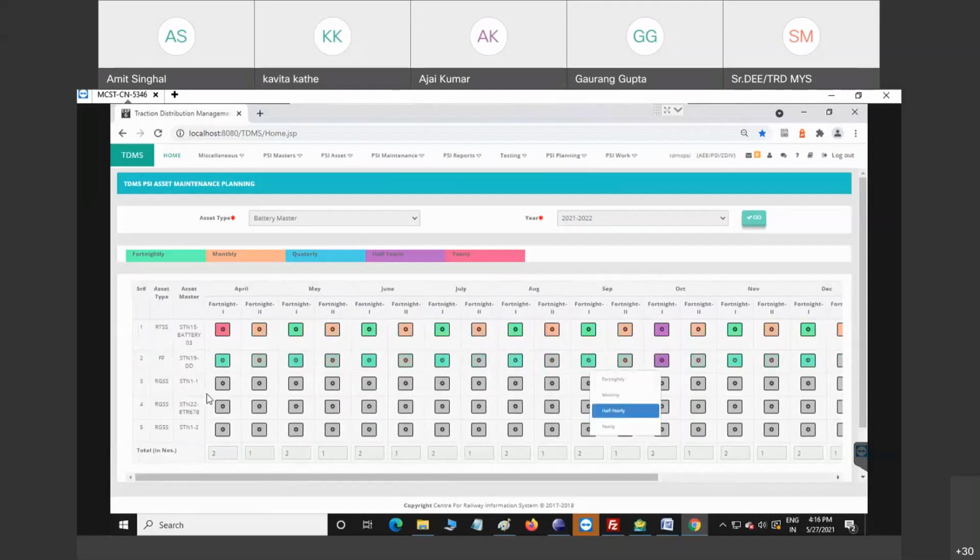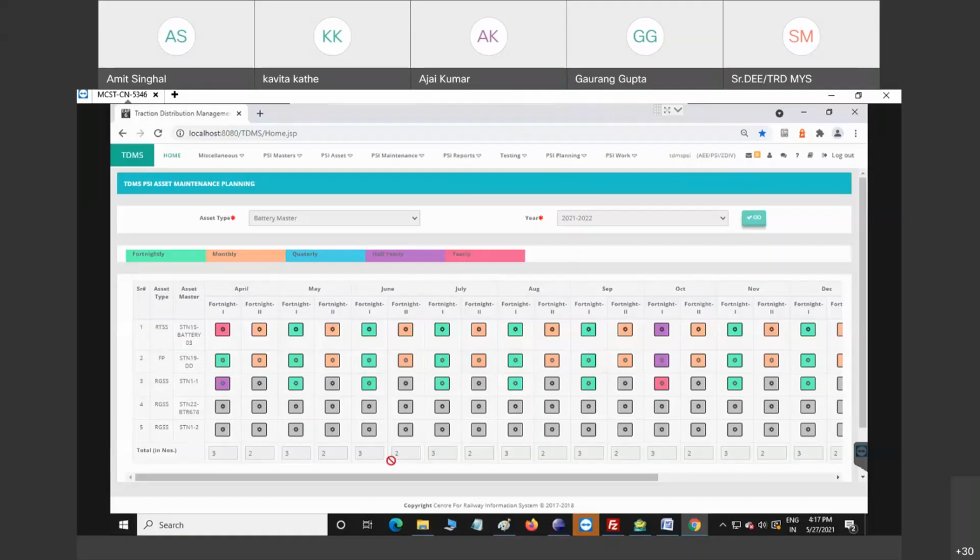Similarly, the user can plan monthly, half yearly, or yearly in the second part of April. Suppose the user plans monthly, then the second part of each month appears as a monthly schedule. If the user plans half yearly in the first part of April, the half yearly gets automatically planned after 6 months, that is in October 2021, and the first half of each month is fortnightly.